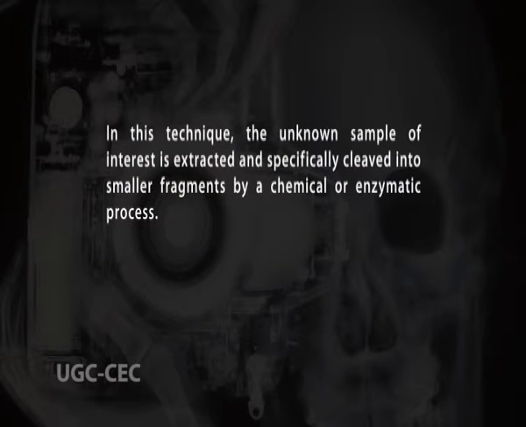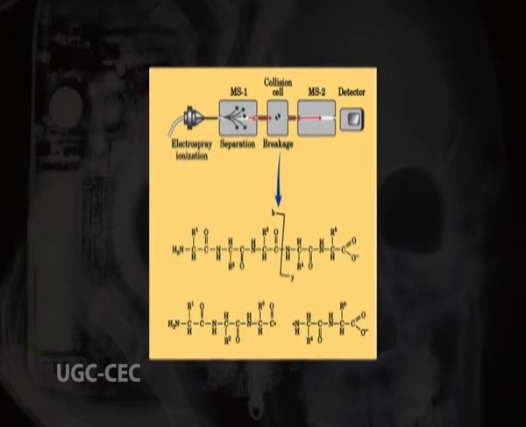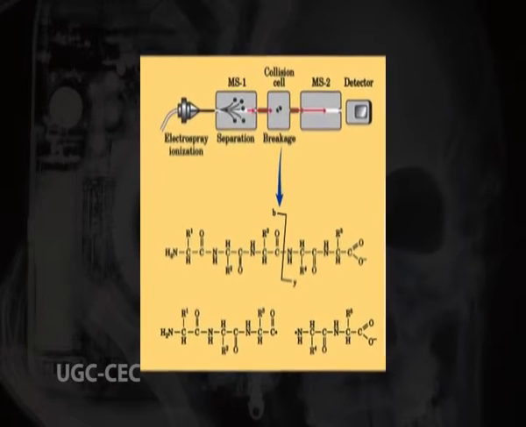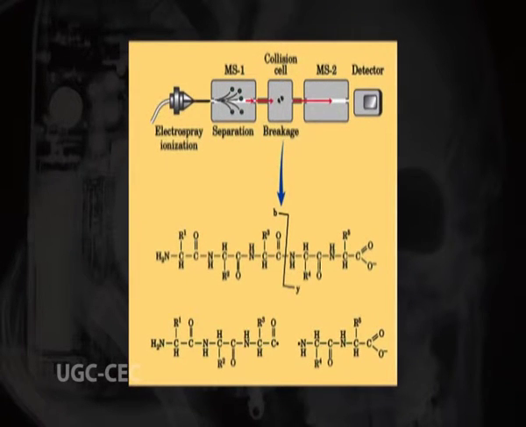C. Tandem mass spectrometry is used in peptide fingerprinting. In this technique, the unknown sample of interest is extracted and specifically cleaved into smaller fragments by a chemical or enzymatic process. The mixture is then injected into a device that is essentially two mass spectrometers in tandem. In the first, the peptide mixture is sorted so that only one type is selected and further fragmented in a chamber between the two mass spectrometers, and then the fragments are sequentially ejected and their masses determined by the second mass spectrometer,